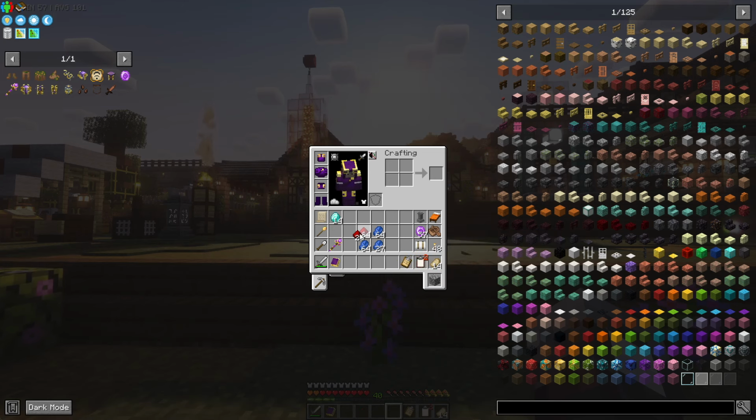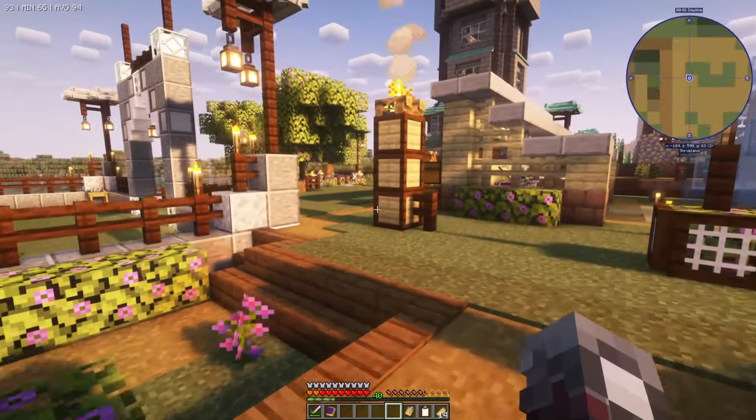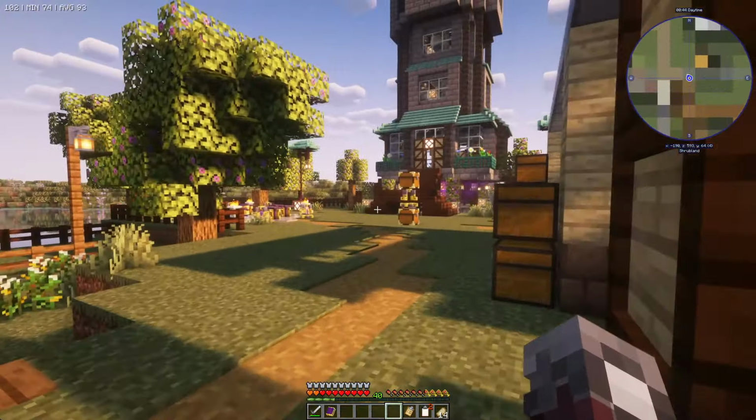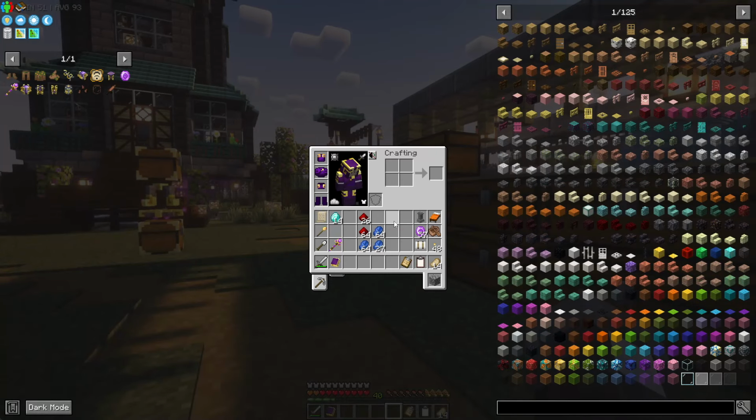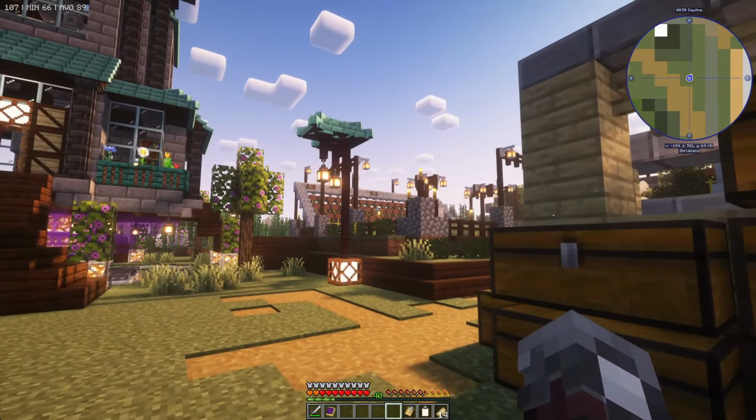We have 14. We got nearly 2.5 stacks of lapis, some redstone. We cleared up all that mess that we didn't want. So that is definitely a way to use your spells. And of course, some of these things as well, keep in mind, especially lapis lazuli, we could actually do it